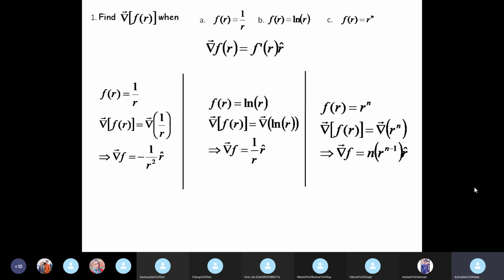So you see, although it took a few steps to find out the formula for grad f, once you know the formula, this becomes just a single step problem, because given a function, you know how to take its first derivative. So it becomes very simple. You don't have to go through the cumbersome process of finding the derivative of root over x square plus y square plus z square, etc. So if it is a 2-mark problem, all you have to do is say that we know grad of f equals f prime r r cap. Here f(r) is this or this or this or whatever is given. Therefore, use the formula and find the answer.